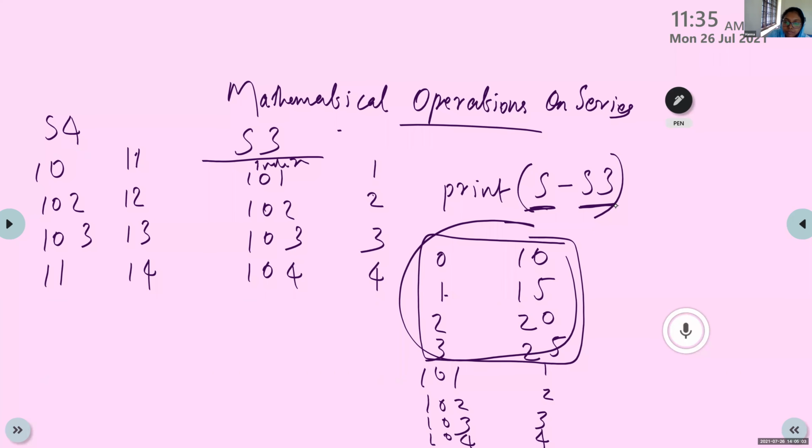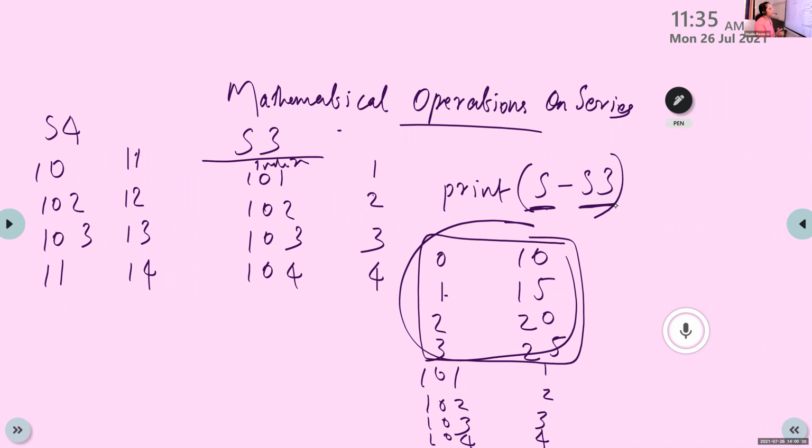Okay. So the result of S plus S3, S minus S3, S into S3, and S by S3 is all the same when the index of S and S3 is different. If the index of S and S3 is different, then the result is the same for all mathematical operations. That means nothing will happen. Without the mathematical operation, it will just display the contents.